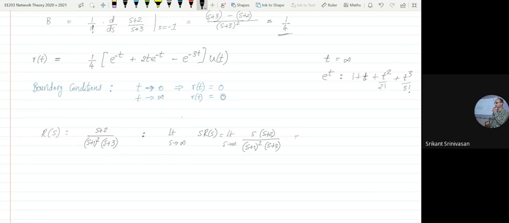What is the value over here? So when s tends to infinity, then I neglect the 2, I neglect the 3, I neglect the 1. So I'm left with s, s, s, and s square. And s and s will cancel out with s square. I have one extra s in the denominator. As s tends to infinity, this is 0. What if I were to do limit as s tends to 0?